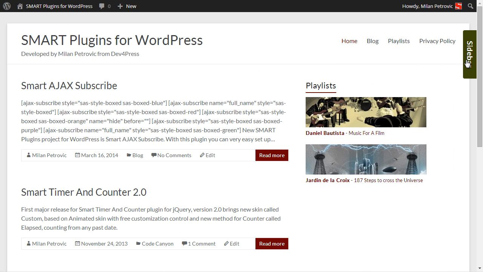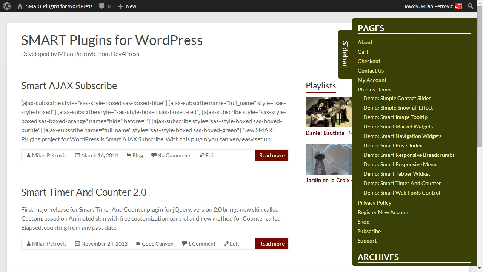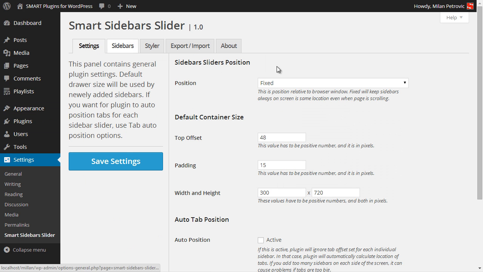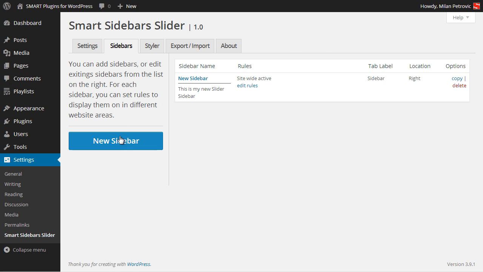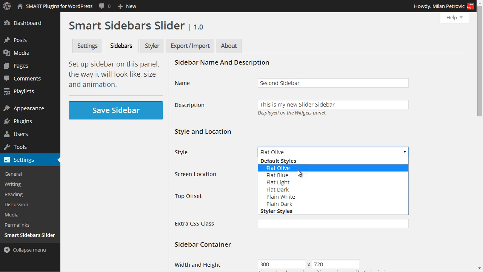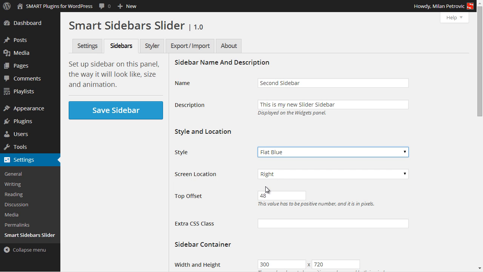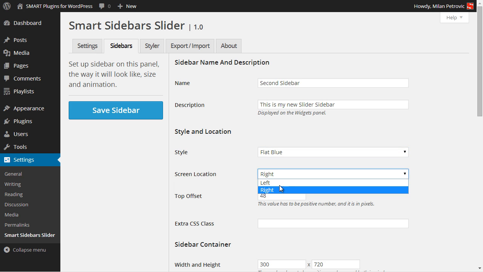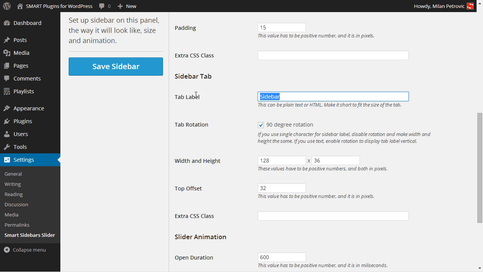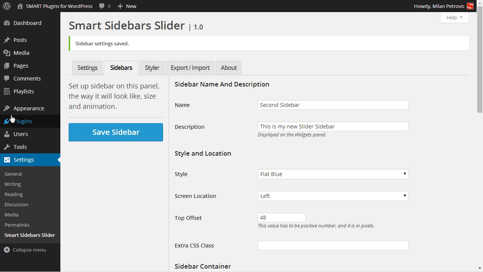That's it. Very simple to add and use. Let's go back to the editor. Let's add another sidebar. Set its color to blue. We'll set it to the left side. Everything else is the same. Let's call this one Flare, and